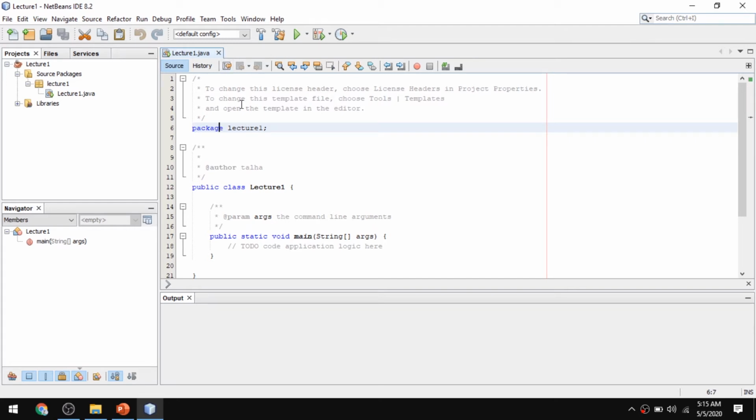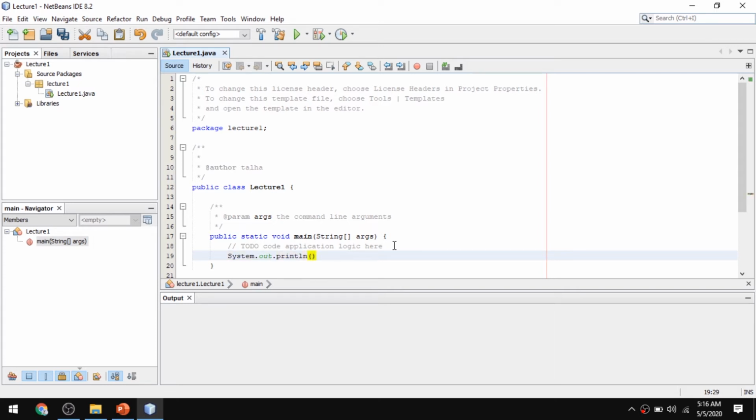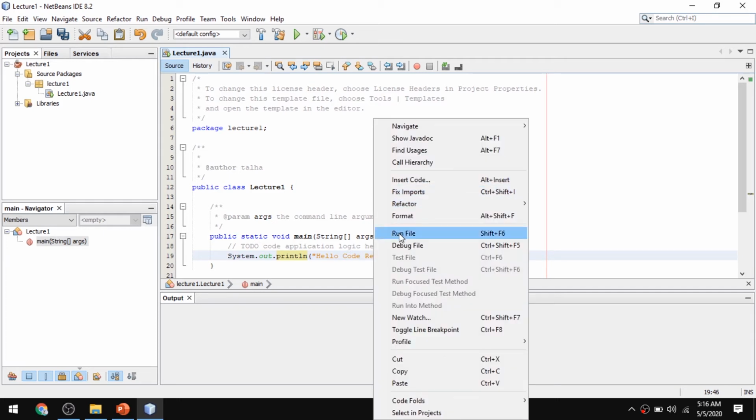Now let's run this project by typing something. So I will print out hello code reamer, and if I go to this run file, it will run the file.